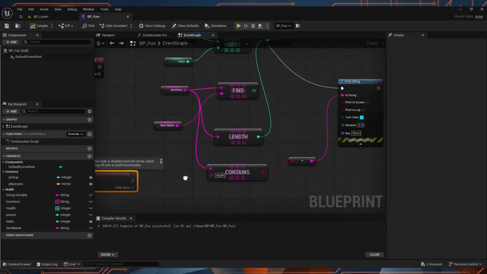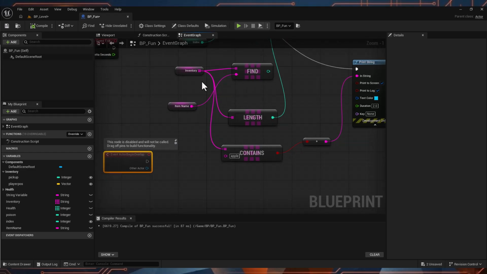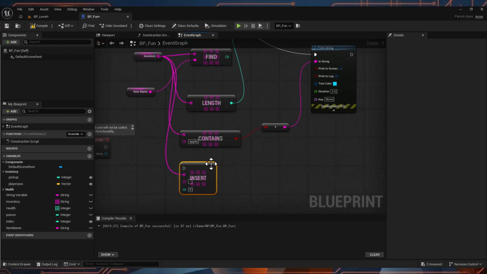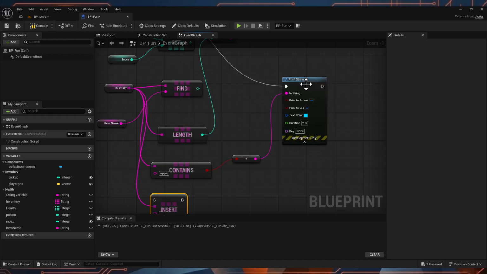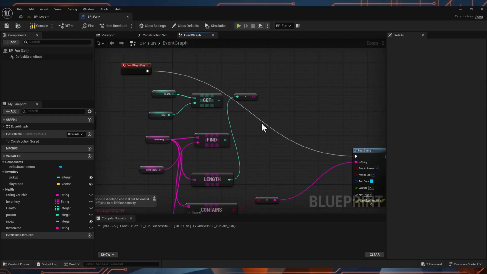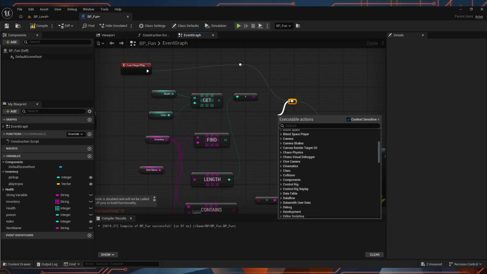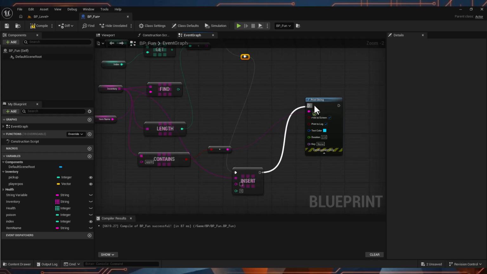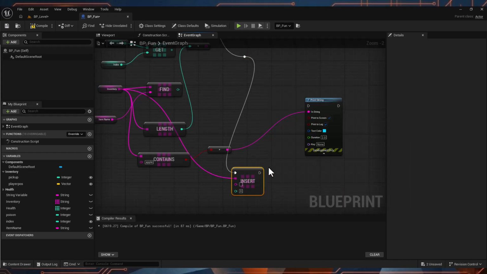Well, what if we want to insert an item into our array? We can drag this out and look for insert, and there's an insert function there. I can essentially say, well, you know what? I want to, let's see. Let's take this event and put this up here. And then just drag this out here and wire this into here. Then we can wire this up here. And I can insert